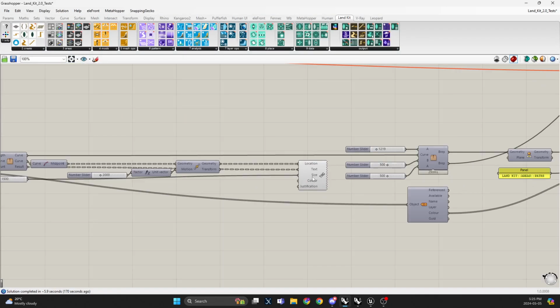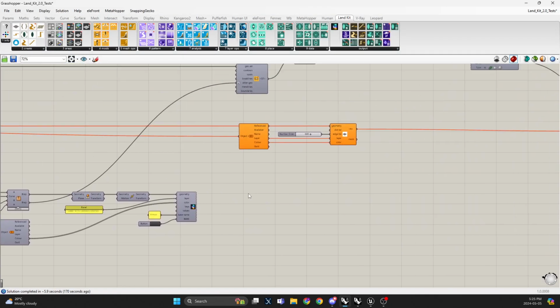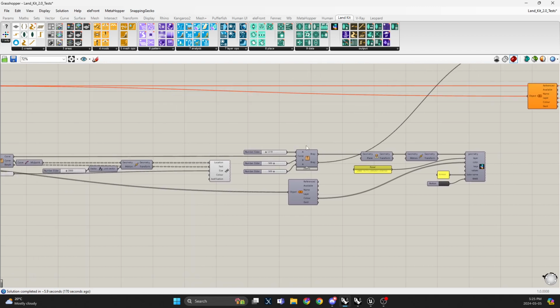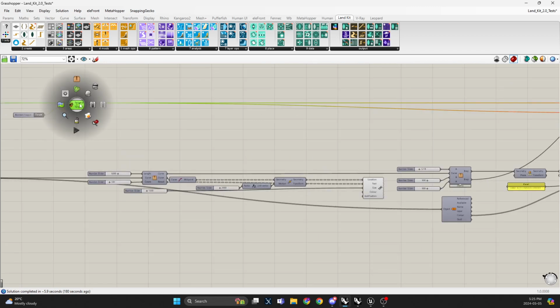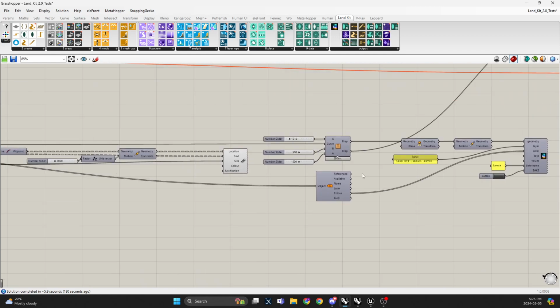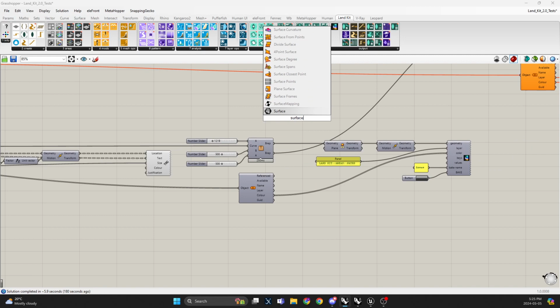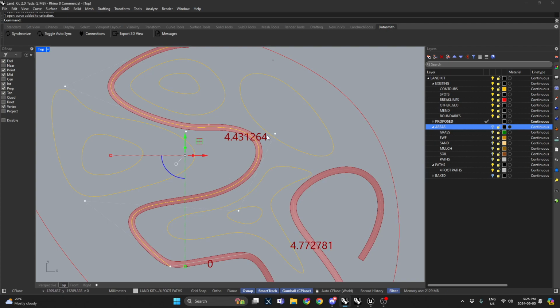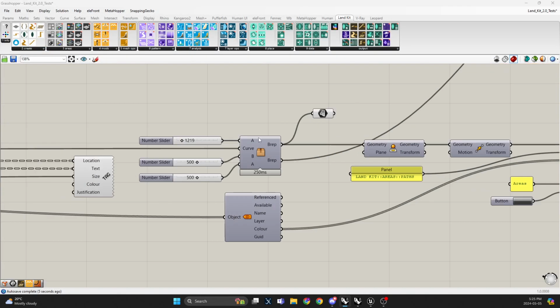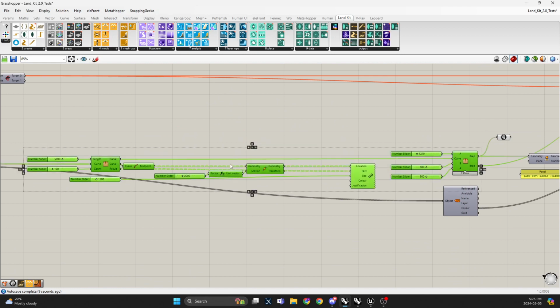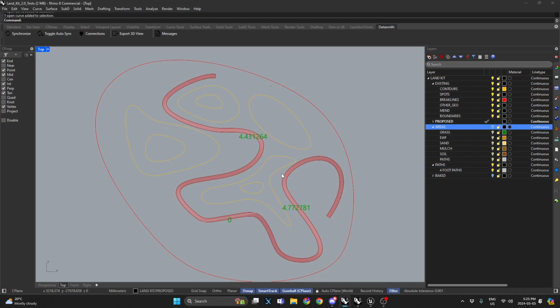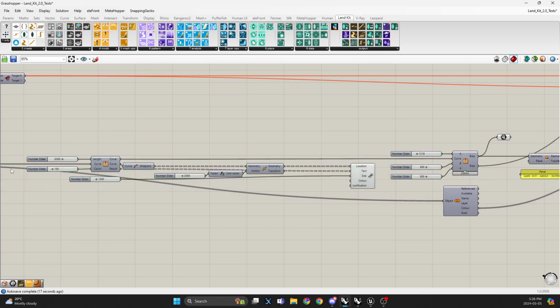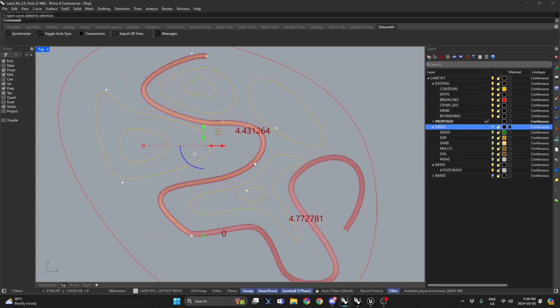This red piece here, I guess what I could do to make it easier for you to visualize is hide this. And if I preview, if I go surface, I'll just show you this. So you can see there's our curve that's getting drawn. So in my little cluster here, this whole section of code, these 2 clusters, is basically the thing that I wrote to help me do this, that I could go into detail more. It's really crude, so I'm sure there's a better way of doing it, but essentially what's happening is,